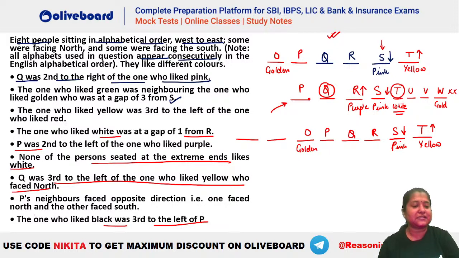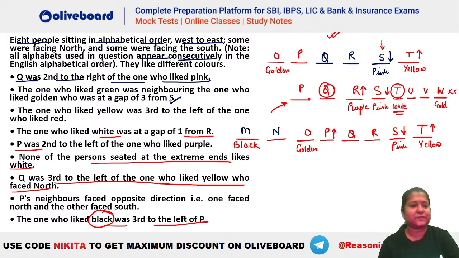पी के थर्ड लेफ्ट में, P के थर्ड लेफ्ट में is black, right, the black was third to the left of P, so you can see P has to be facing the north here, so 1 2 3 this person will be black here, ठीक है, ये ब्लैक हो गया। अब देखो जो भी बच रहा है उसको धीरे धीरे हम प्लेस करते हैं, now we can place the names also, you can see it has to be M N O, right, so this will be M, this will be N, तो ये सारी चीजें तो मिल गई।